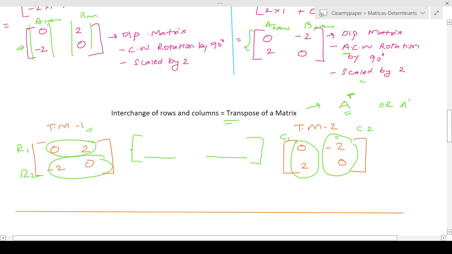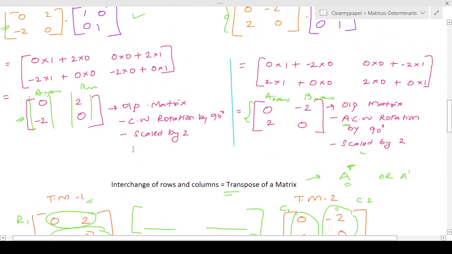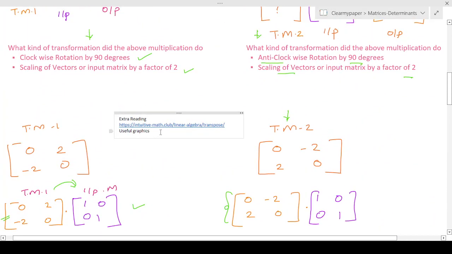But let me pause here and give you an intuition of why this is beautiful. If you see this here, I'm using a website here, intuitive.math, and they've explained it. I don't know who has done this. They've done a great job. And if you want, you can read it for extra reading. But this is what I would like to do. I'll just show you a couple of minutes. For example, if you see here in this video, you have this matrix here on this one, where we are talking about